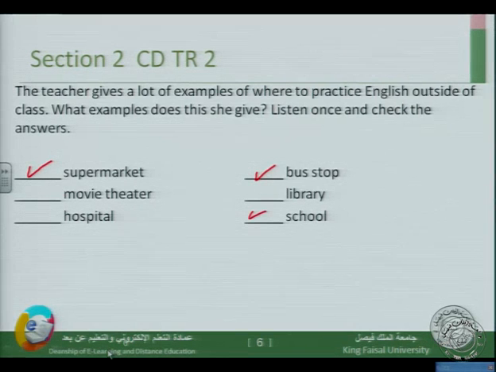Also in school. She gives you a very good advice. The advice is, do not speak to the people who speak your language. There is no benefit to speak with Arab people in school, because they will only speak Arabic. You are a specialist, English specialist. So if you want to practice English, just speak to the people who speak English. No need to feel that you are embarrassed or shy to speak in English. Just go ahead. So these are the 3 places that she preferred to practice her English.